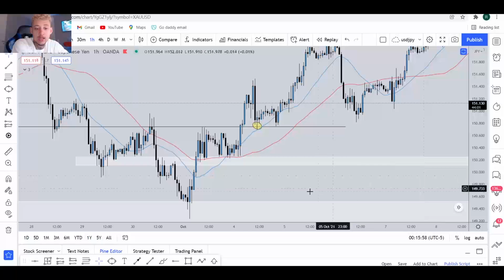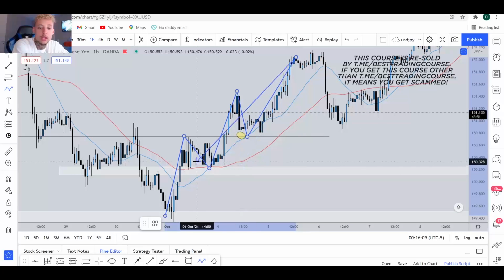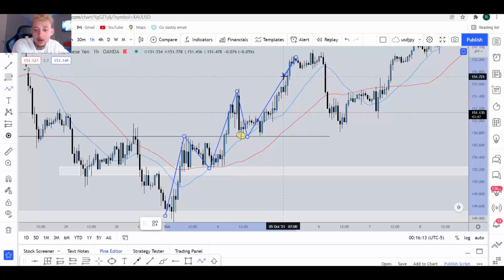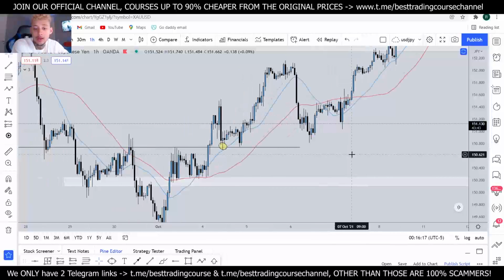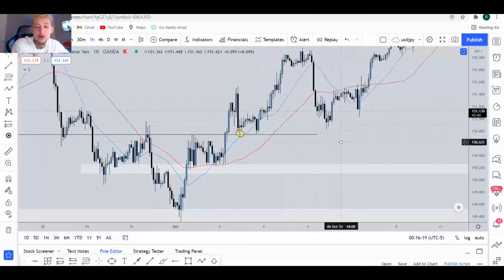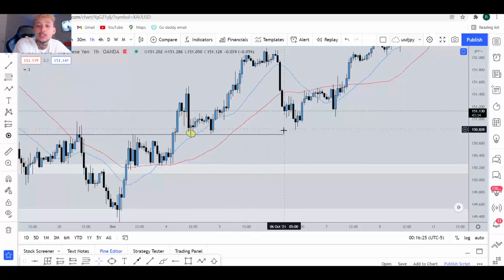Why is it the 5th leg? Because remember, we're looking to buy on the higher high. We're looking to buy on the higher low. So this would be the higher high here. This is the move we're looking to catch, right? 1, 2, 3, 4. We're looking to catch the 5th leg here. So you're looking to buy somewhere along the 4th leg of the extension of the trend, right? All we're simply doing is anticipating when that 4th leg will end, where we can look to continue to actually